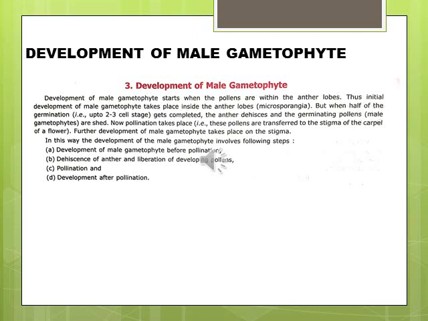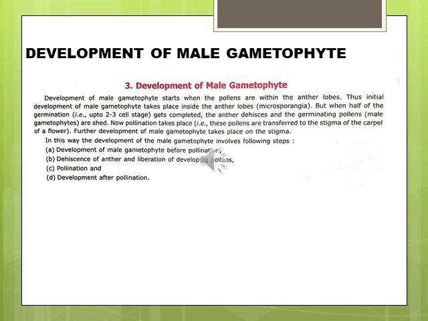So that means this development occurs in 4 parts. That is, first before pollination it will come to 2 to 3 cell stage, then there will be breaking of anther to release pollen grains, then pollination will occur, and then lastly the further development of male gametophyte will occur